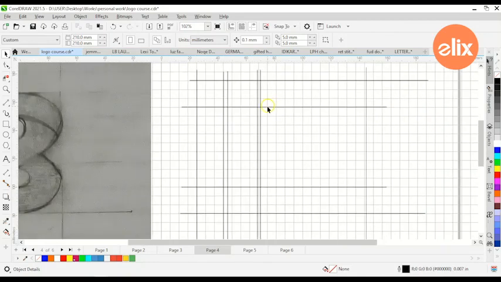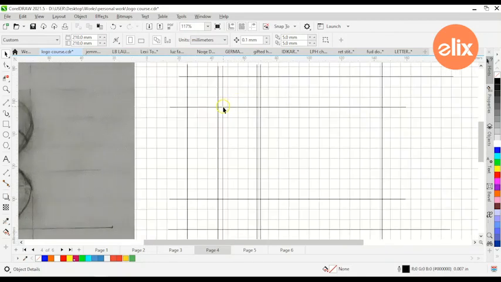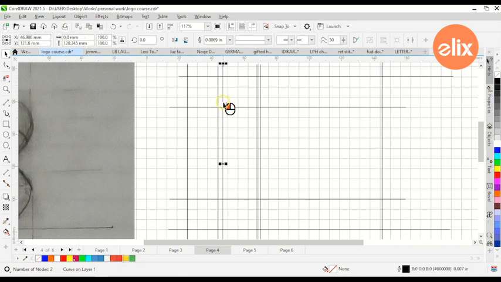And these two should be perfectly here. On these two,